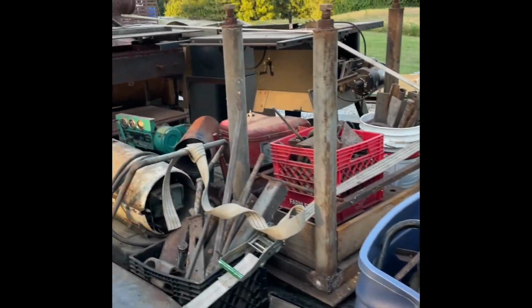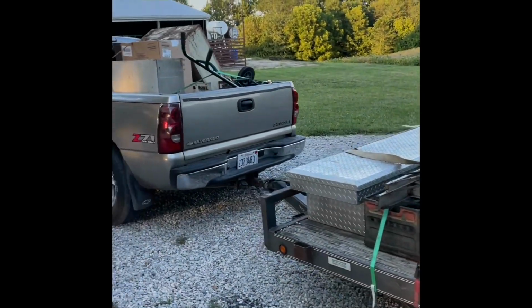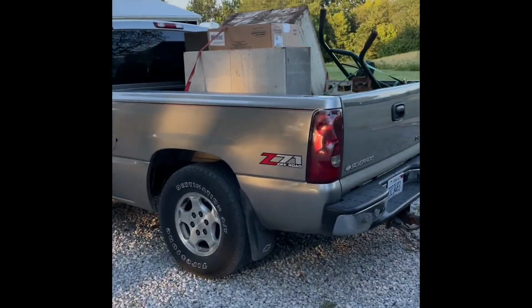Just now got home from the auction. Took a long time to load up all these finds, but everything was hitting pretty good, so we just kept buying. All right, guys, it's been a couple days since the auction, but I finally had some time to start